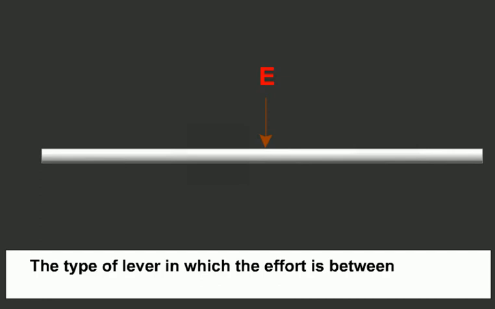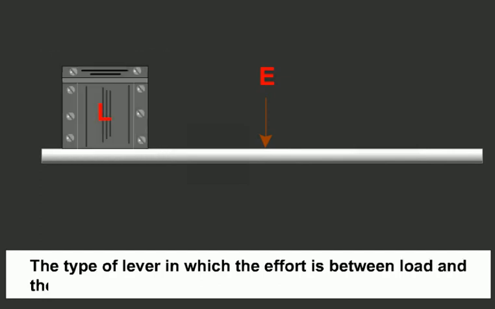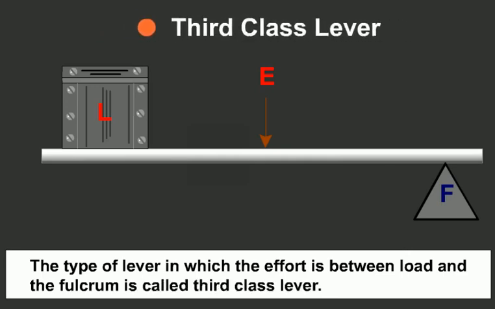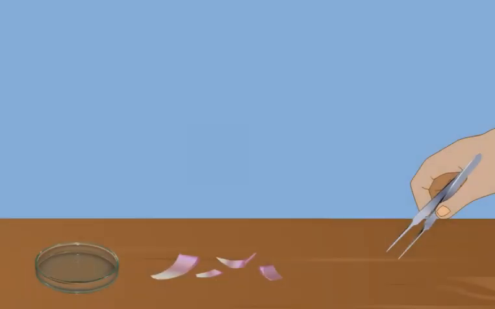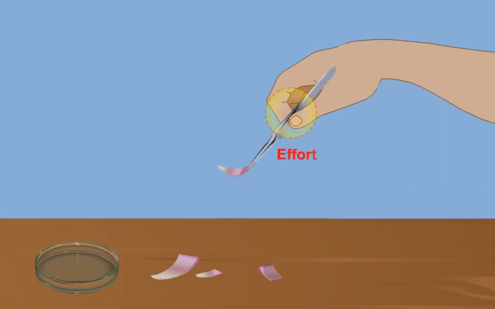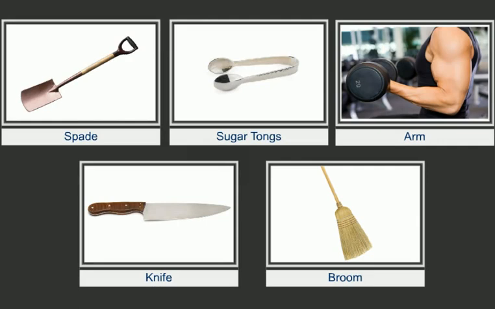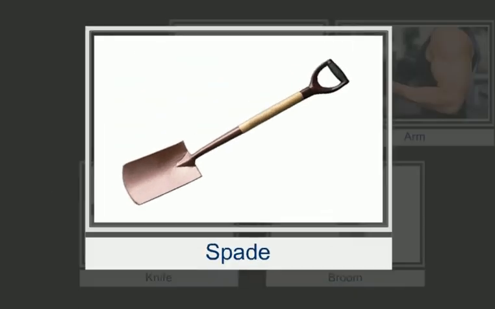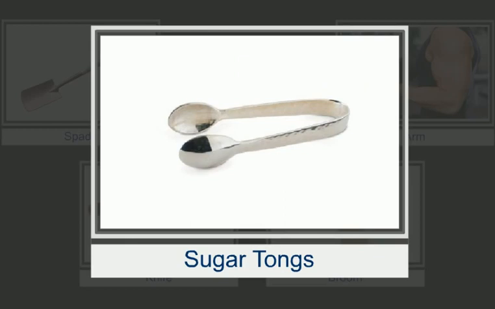The type of lever in which the effort is between load and the fulcrum is called third-class lever. While using forceps, we apply effort in between fulcrum and load, isn't it? Similarly, using spade, sugar tongs,